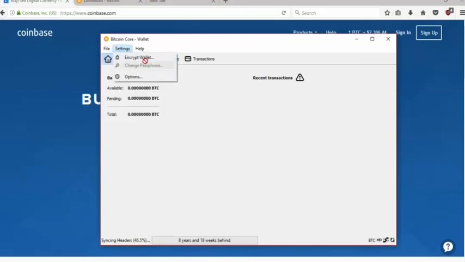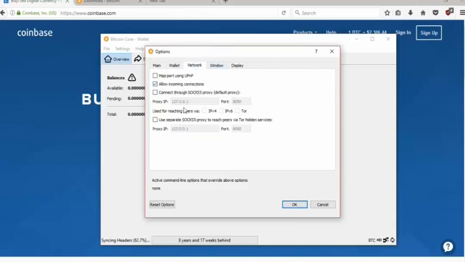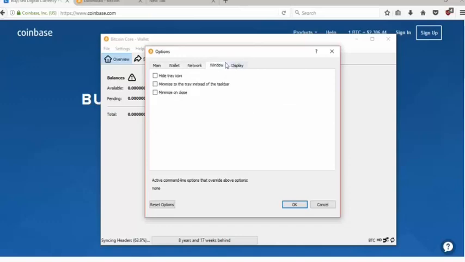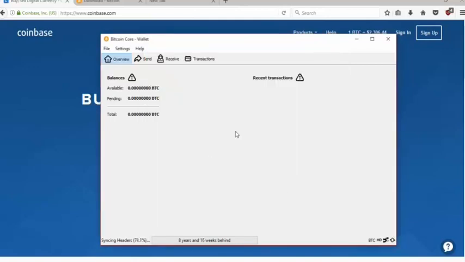You now want to go into settings, and you can basically encrypt your wallet. Now, if I go into options right here, it's not opening the options. All right, so it's going to say here you can basically configure whether you want to start Bitcoin on system login, size of the database, wallet, whether you want to enable coin control. You can then look at network, where you can change it if you're using proxies, really advanced things that you may not want to touch, but in case you want to, these are the settings that you could change. You can then change the unit. I'm just going to be using bitcoins, BTC, and hit OK.